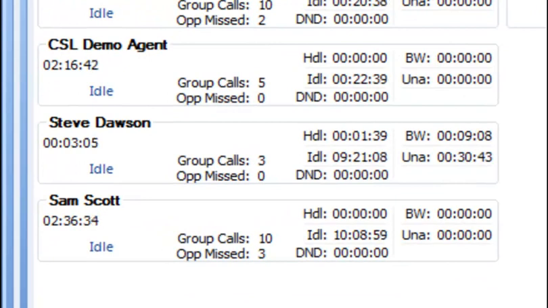The first state we'll look at is idle. Idle is represented by a white color. Idle indicates that the agent is logged into their phone, enabled to take calls for the group, and is not currently on a call. That means that the idle agents are the only agents available for a call that would enter the queue. If an agent were to answer a call from the queue, they would show in the handle